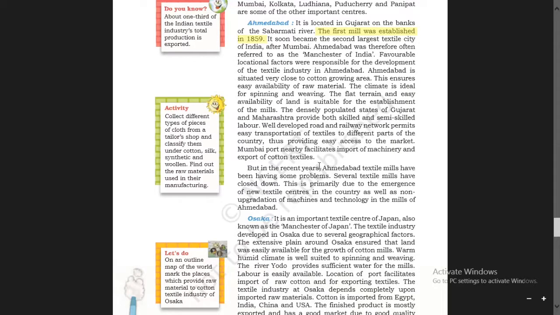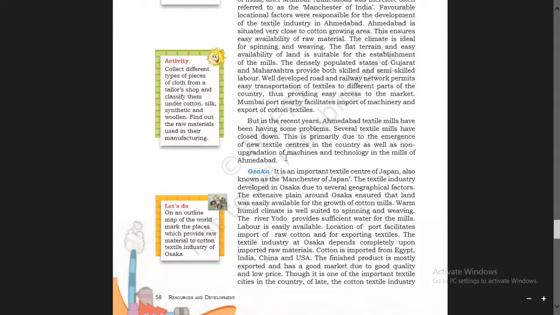But in recent years, Ahmedabad textile mills have been having some problems. Several textile mills have closed down. This is primarily due to the emergence of new textile centers in the country as well as non-upgradation of machines and technology in the mills of Ahmedabad. You see, what are the hindrances which are being faced by these Ahmedabad textile mills? It is because of the emergence of new textile centers in the country as well as non-upgradation of machines and technology in the mills